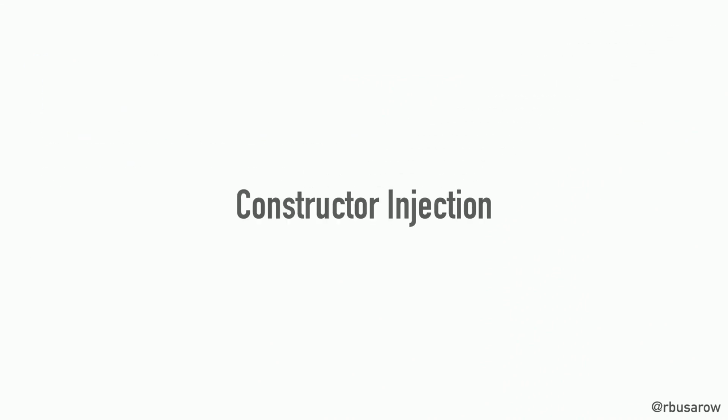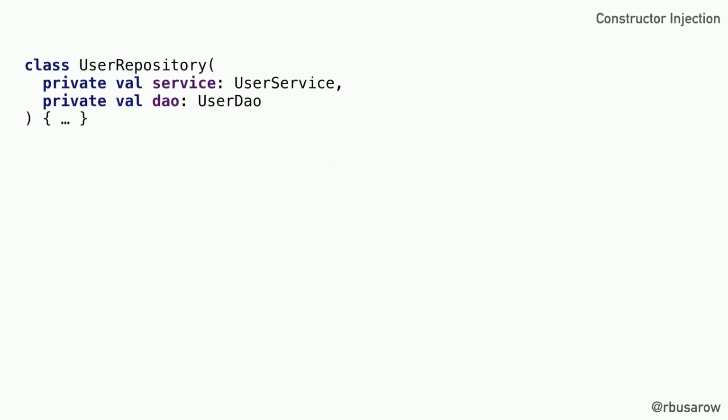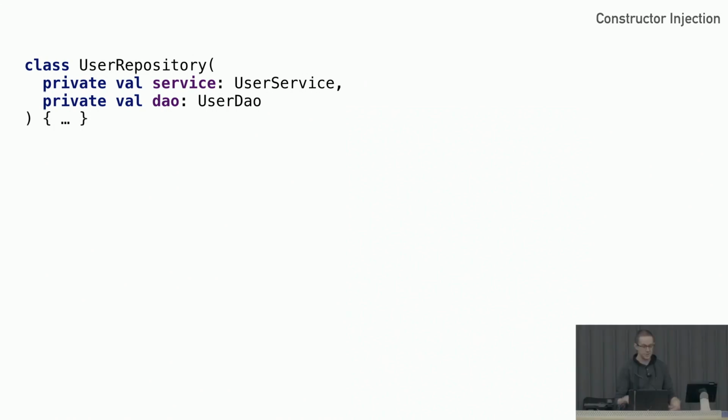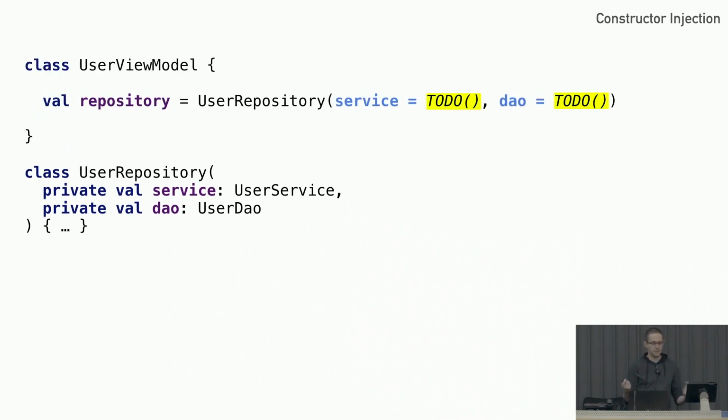Let's go ahead and make this illegal state impossible and switch to constructor injection. This is the preferred way of handling dependency injection, and I'll show you why. First off, we can now make properties private. Because in order to create this repository, you need to have access to these objects from somewhere else. So in your testing, you're going to be able to get access to them from something else. And you don't need to make anything internal or public or anything else just for the sake of testing.